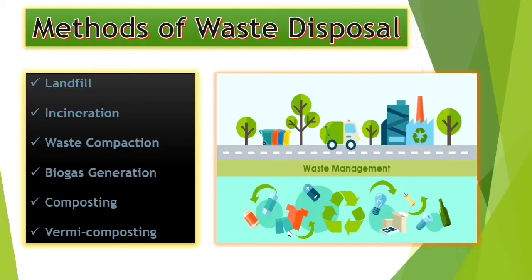Now move on to the fourth point, biogas generation. This is the most effective method of waste disposal. Biodegradable waste such as food items, animal waste, or organic industrial waste from food packaging industries are sent to biodegradation plants. In biodegradation plants, they are converted to biogas by degradation with the help of bacteria, fungi, or other microbes. Biogas is generated as a result of this process, which is used as fuel, and the residue is used as manure in agricultural fields.